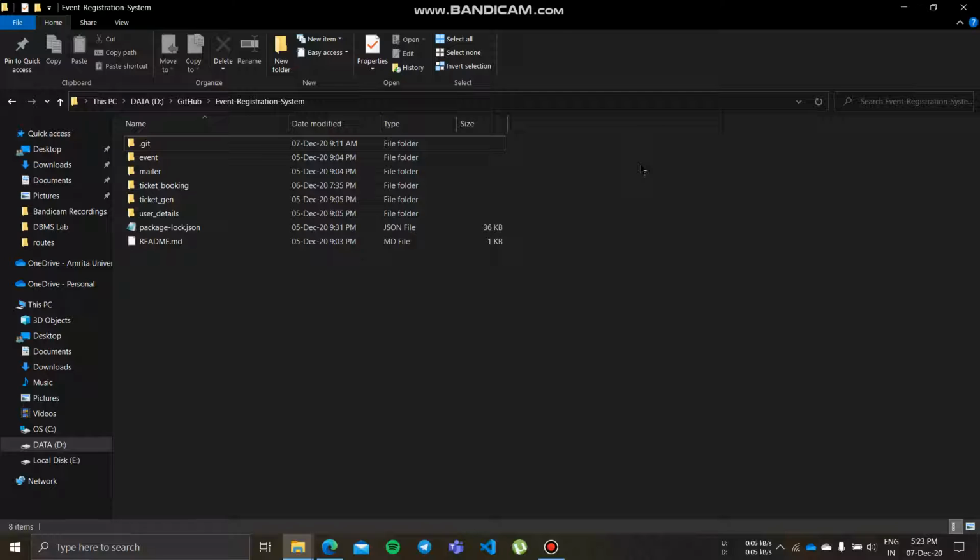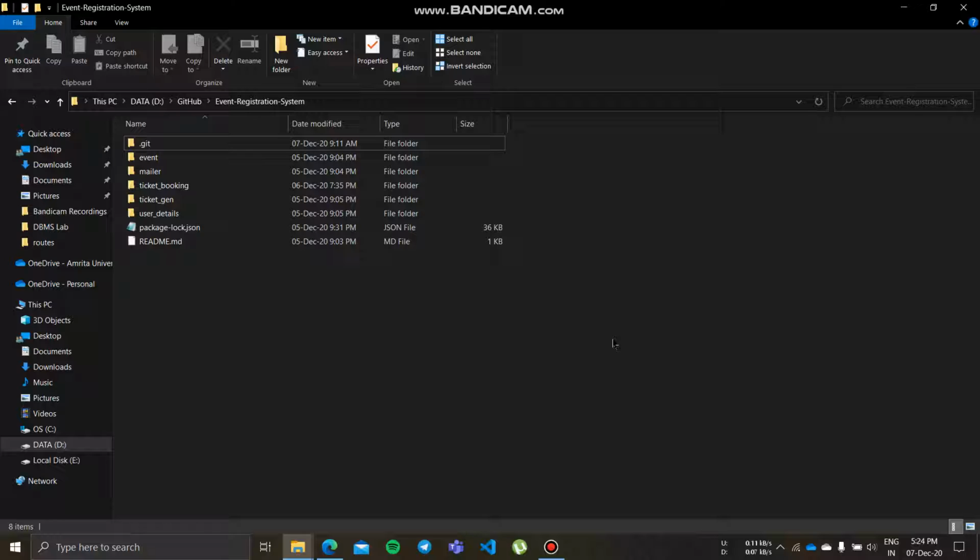The ticket gen microservice is used in ticket generation and also helps in storing the tickets in the database, so that when the user goes to the event, he can show the QR code or the ticket ID, which helps the event manager to check whether the user already registered or not. The user details microservice manages the logging in and registering of user details, and it also stores the user credentials like username and password in the MongoDB database I used in the backend.